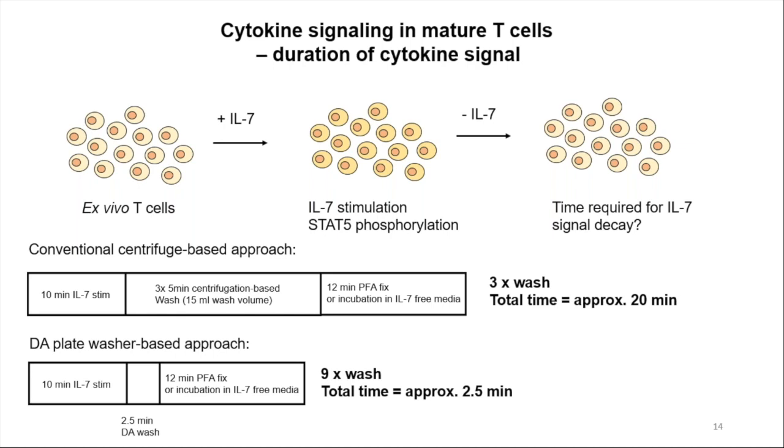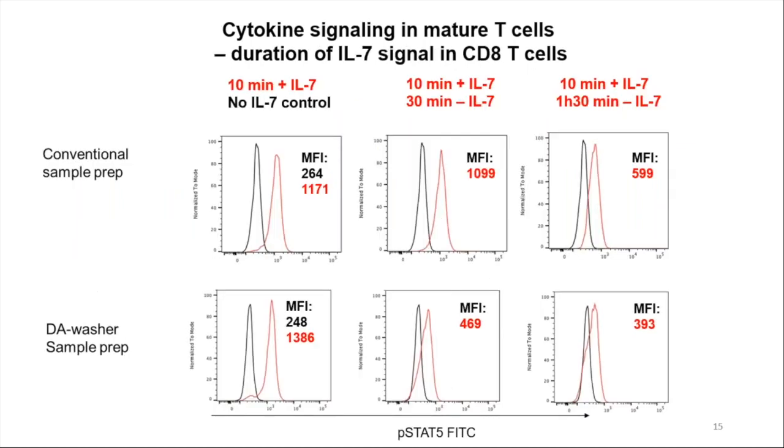So in this case, we have 3 washes, and our approximate time is, well, around 20 minutes. Whereas with the DA plate washer-based approach, we did 9 washes, which took us approximately 2.5 minutes. So you can see we're using the DA plate washers, we are getting like 3 times as many washes in like 1/10 of the time. But is it helping us with the experiment? And I believe the answer is yes, because if you look at the data,